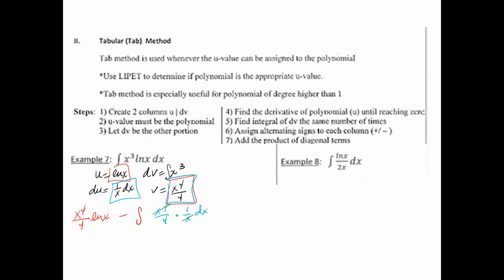Now I know that this part will cancel. So I have minus integral x to the third, the 1/4 you can move to the left, dx. Integral of x to the third is x to the fourth over 4 plus c. Don't forget your second part. So my answer here is x to the fourth over 4 ln x minus 1 over 16